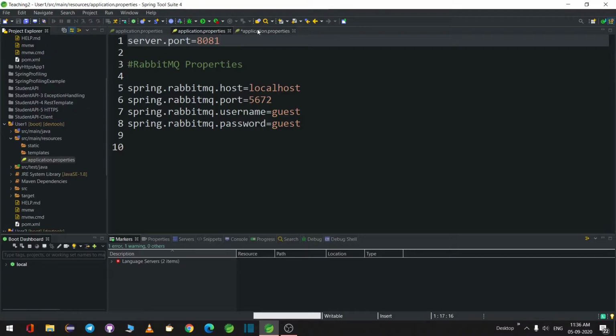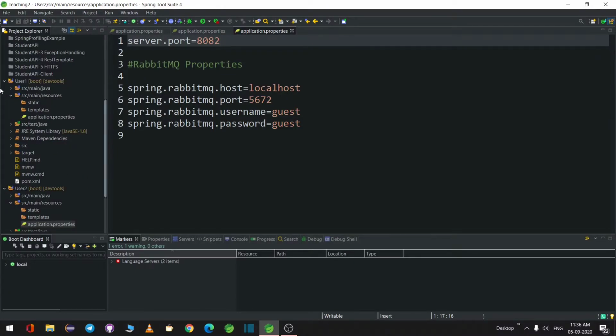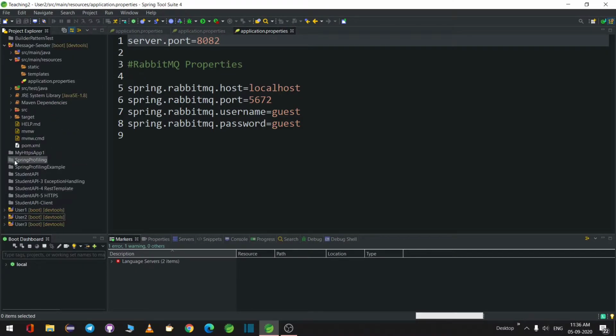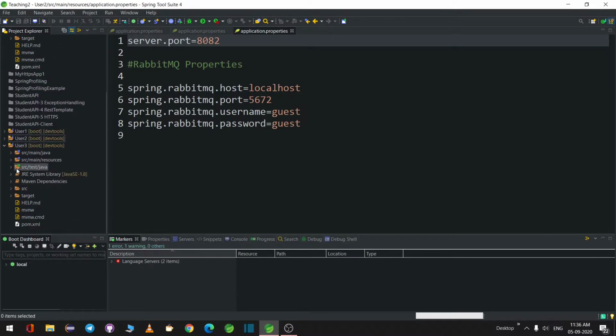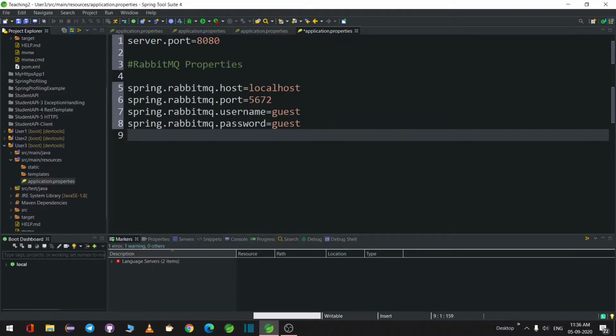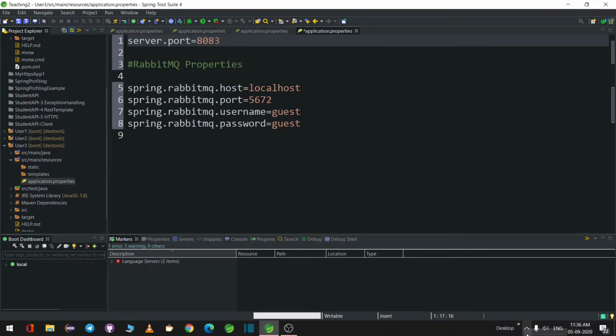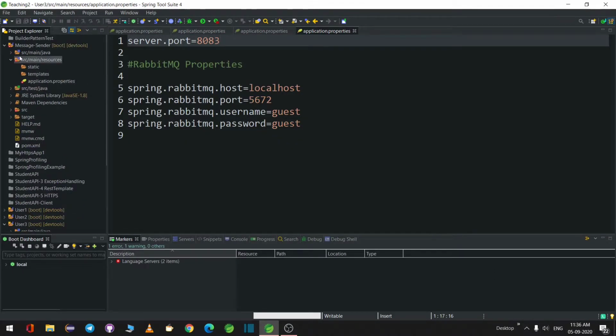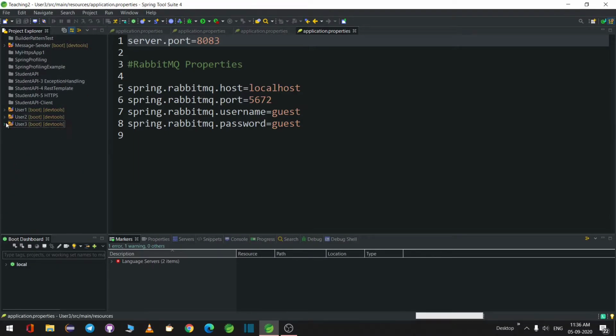This is 8081 and this is 8082. In the same way, user 3 will be updated with 8084. Sorry, 8083. So let's control A, 8083. Okay, now we have updated all our projects.